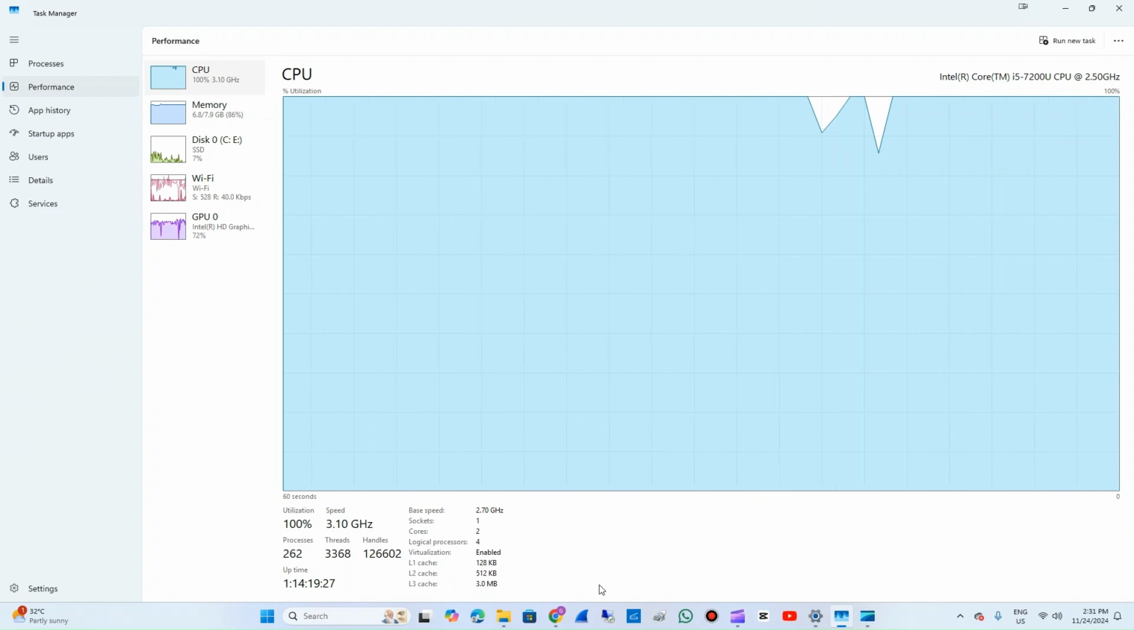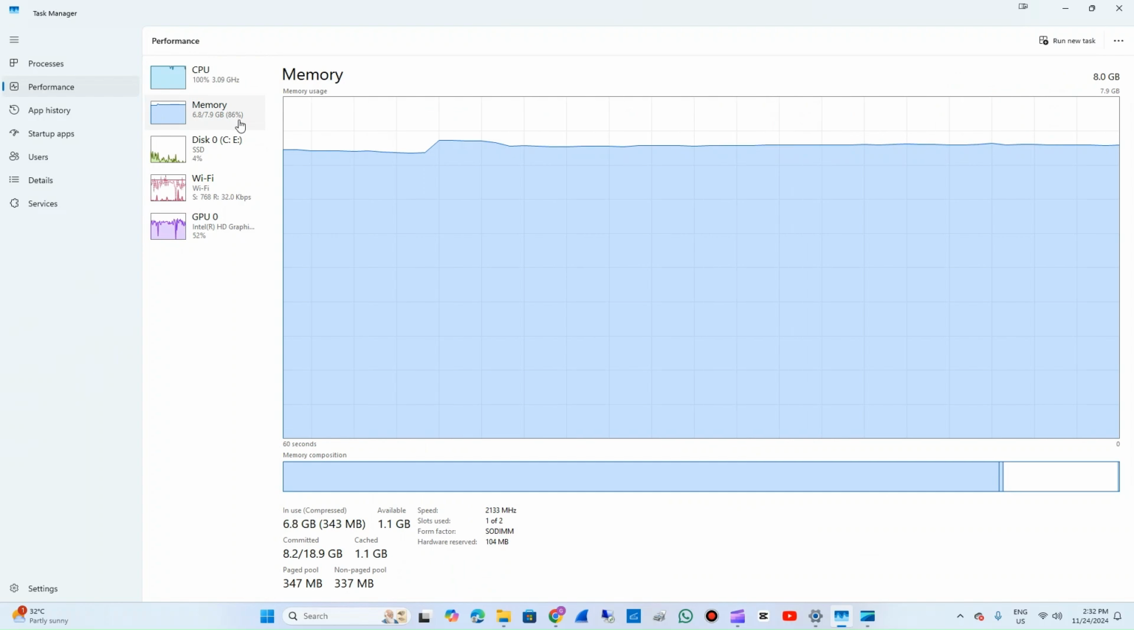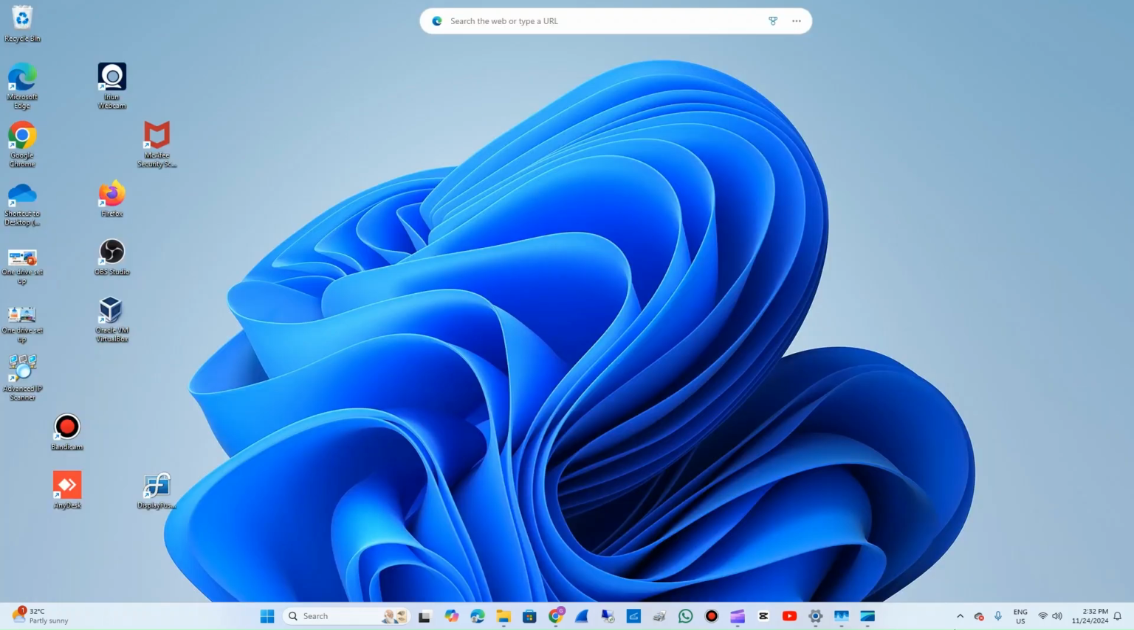Just give it a restart and you will see how it impacts the performance of your computer. Once you restart the computer, you can notice the memory utilization is 86% now. Once you restart, you will notice the memory utilization would be a bit lower as well. All right,